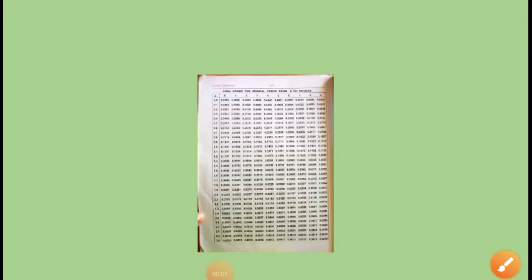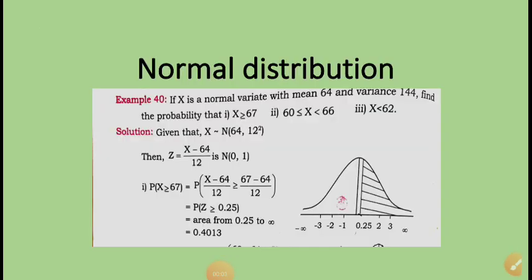Hello students. So I'm going to start this one problem from the theoretical distribution chapter. In that there is one topic called normal distribution. This is one compulsory problem for 5 marks. Every year they ask. The question will be like this. Only one problem will be asked for 5 marks. If you know one problem, you can solve the rest of the other problems. It is similar.